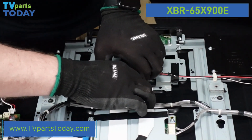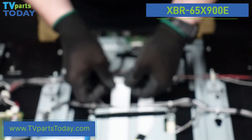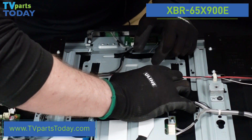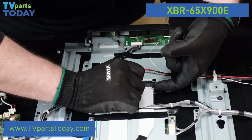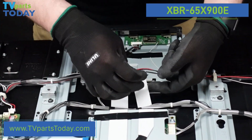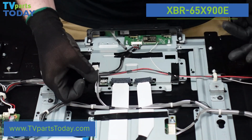And then once that is out, we head to the next one here, depress those clips, and slowly work it out of that connection. Being a little stubborn with me here, bear with me. There it goes. All right, so now that we have those 2 clips, as well as this clip out of here,